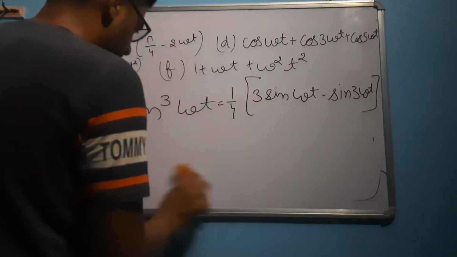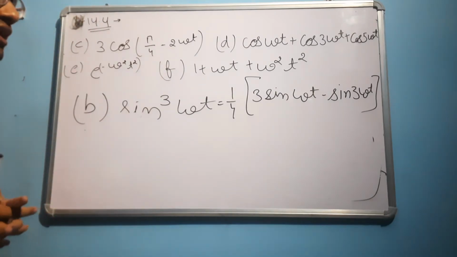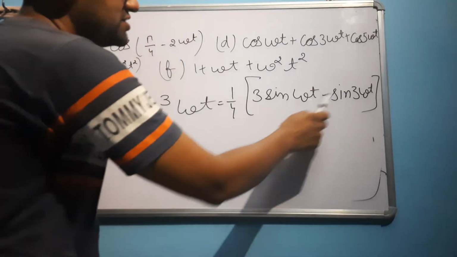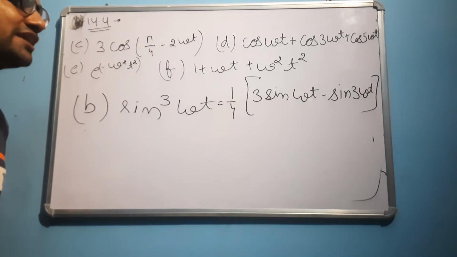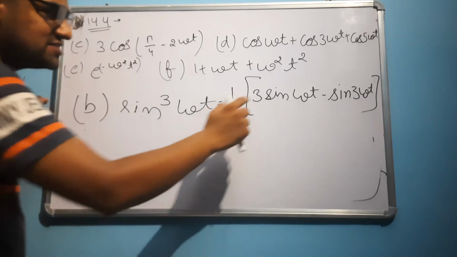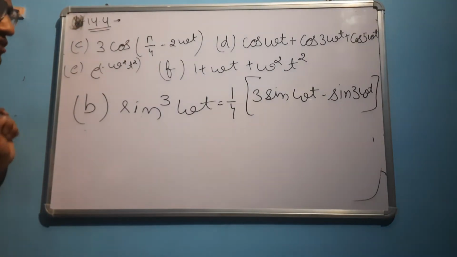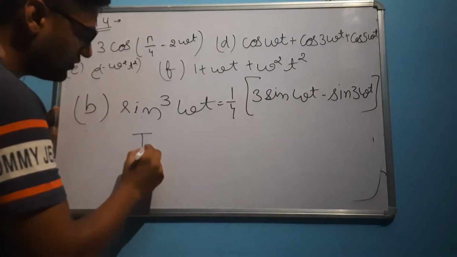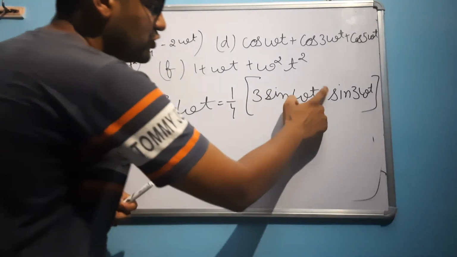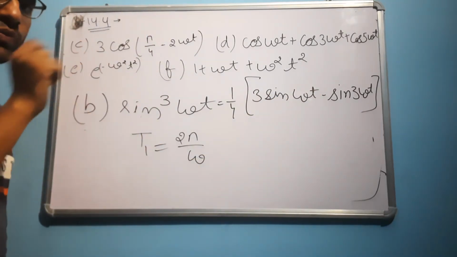What is the problem here? We have ended up with two separate entities, and separately both of them show simple harmonic motion, but collectively the composition of two simple harmonic motions will be only periodic motion. What will be the time period? The time period of the first entity will be 2 pi by omega. To find the time period, we take 2 pi, because the sine and cos functions repeat after 2 pi, 4 pi, 6 pi intervals.